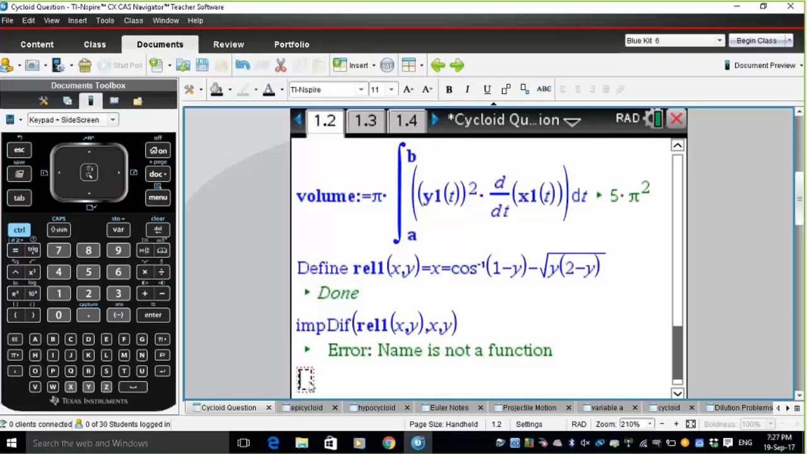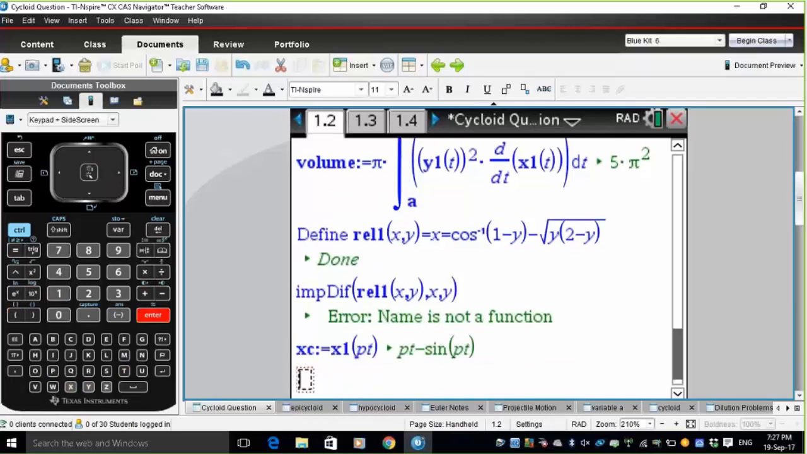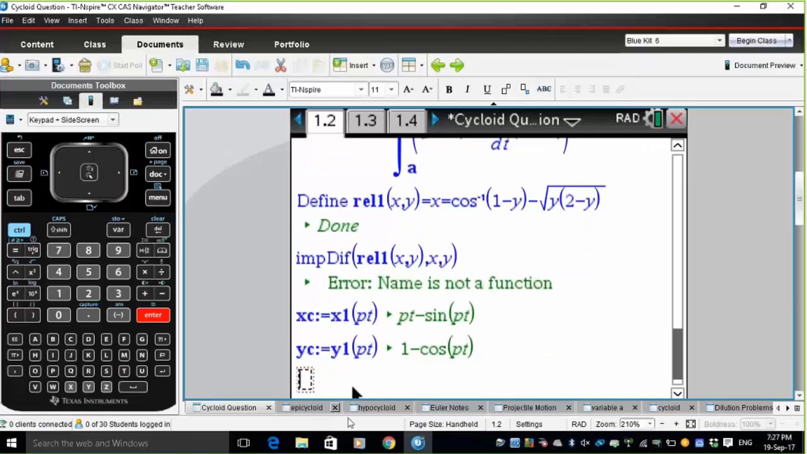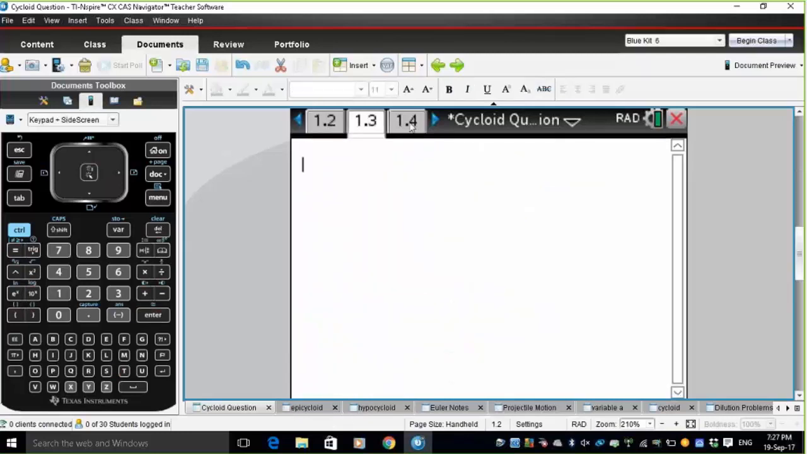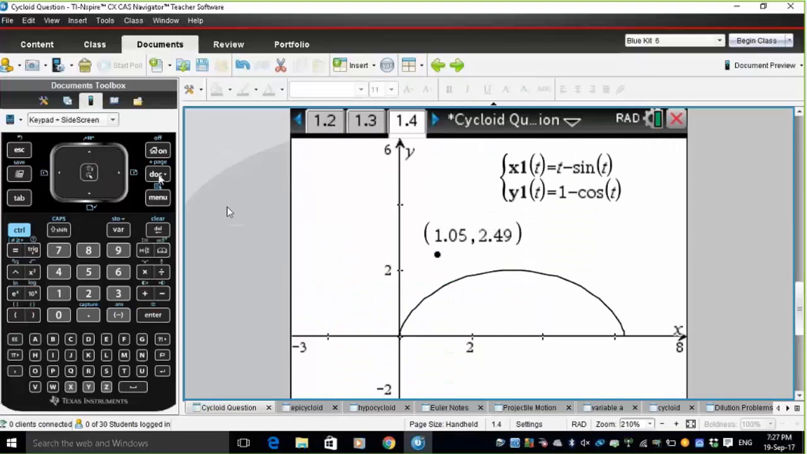On the notes page, I'm going to define xc to equal x1 of some other variable which I'll call pt. Now, pt doesn't actually have a value as yet, and again I'll do another one. yc is assigned equal to y1 of pt. Now, yc and xc don't have values, but when I come back to my graph here,